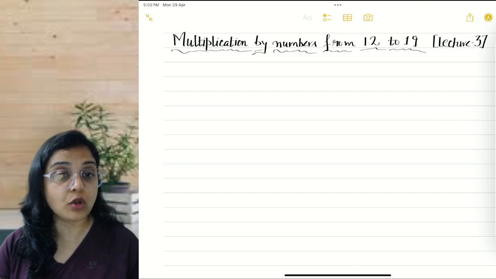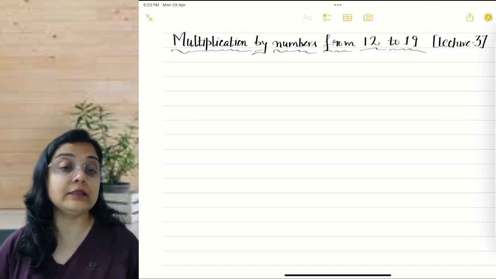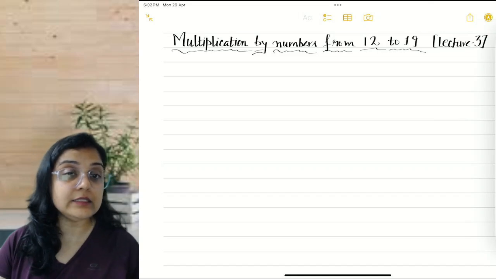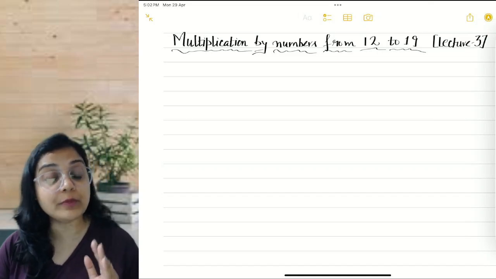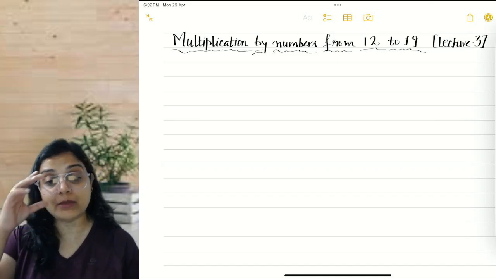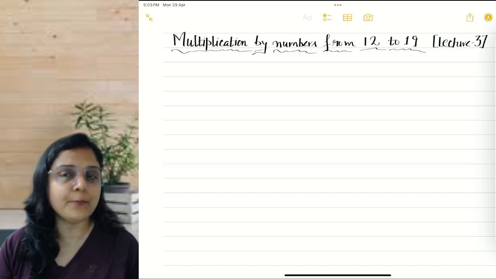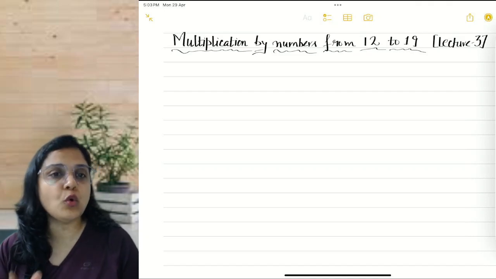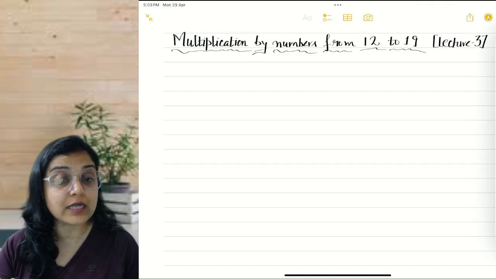Since all these numbers are close to base 10, yes, you might be thinking that 18, 19, 17 are close to 20, but then we prefer the bases. The best bases chosen in Vedic mathematics are the powers of 10. So it is 10. We'll again go with the base as 10. We'll use the single knot sandwich method in understanding this.